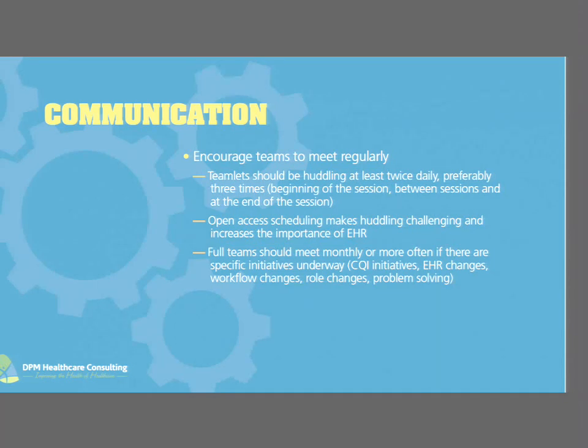So that became very challenging, and ultimately moved to more of an advanced access kind of model where they kept some appointments open so that they could get their new patients in. And so I think it's harsh, but